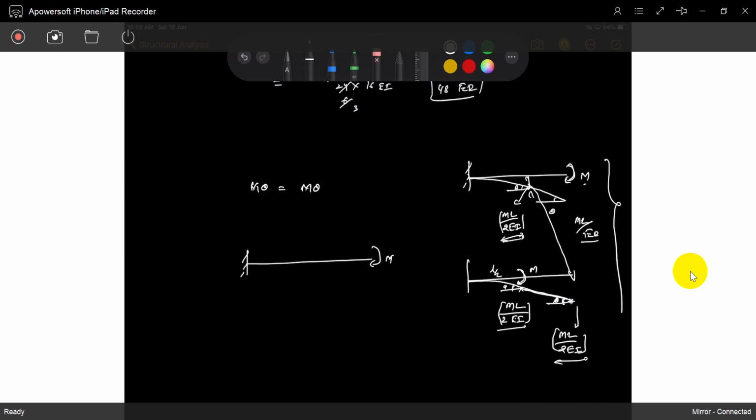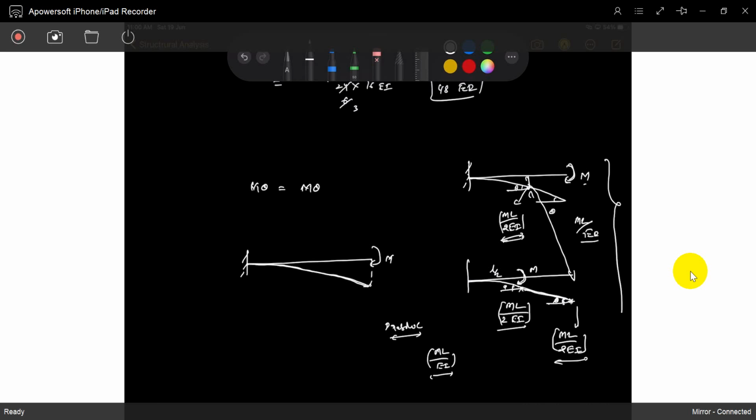If you apply a load for a single, how will it bend? It will bend like this. So what is the bending structure? It is a parabolic form, only in ML by EI. How does it bend? It bends by a parabolic. If there are 2-3 different loads, cubic parabolic. How it varies: by a straight line, varies by a parabolic, next cubic parabolic.